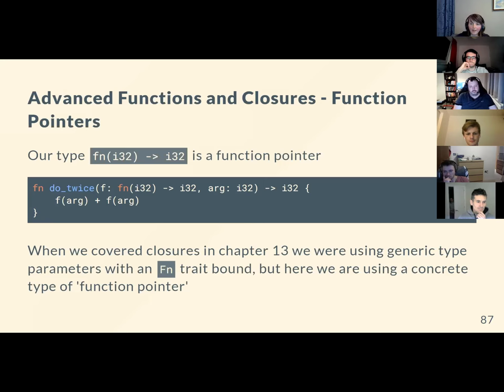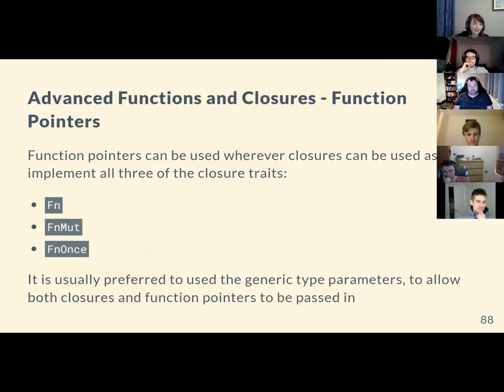But you won't normally write this, because it's very rare that you would want to write a function which can only take a function pointer. You probably want to write something that can take either a function pointer or a closure. Function pointers automatically implement all 3 of the closure traits: Fn, FnMut and FnOnce, which is the one you can only use once. And it's usually, as I mentioned, preferred to use the generic type parameters,